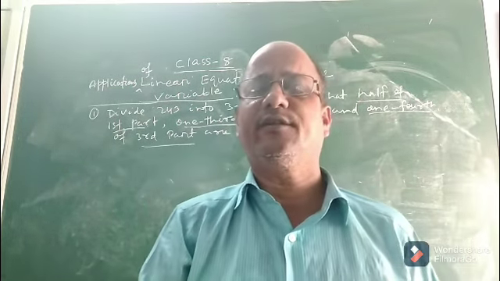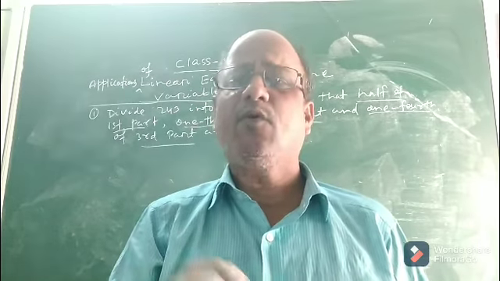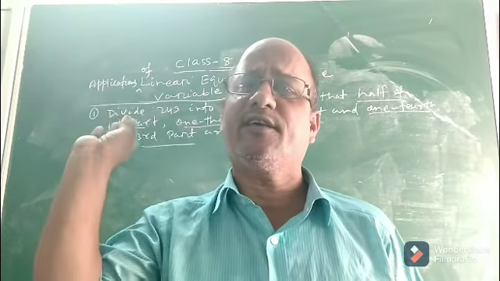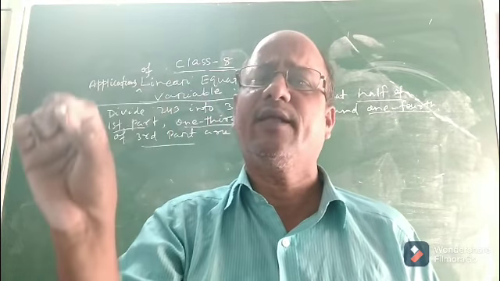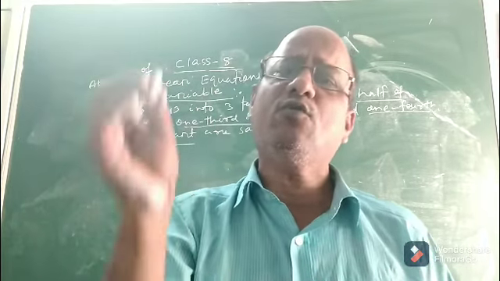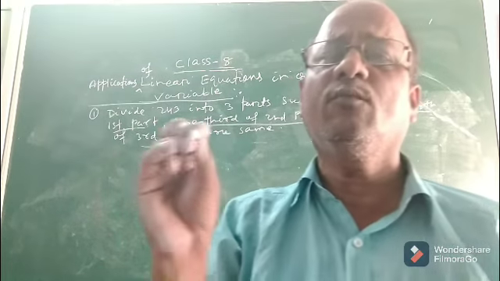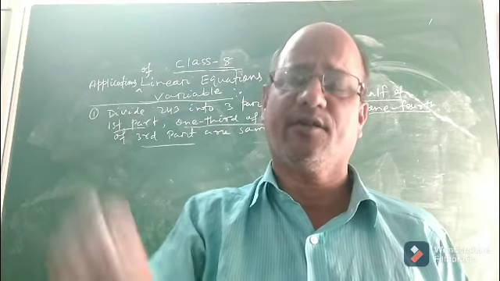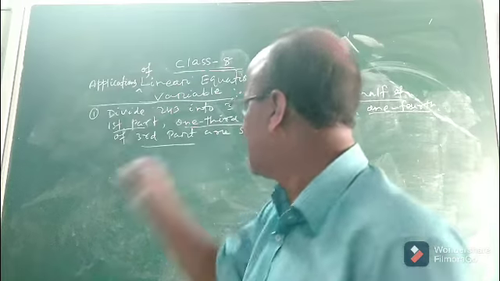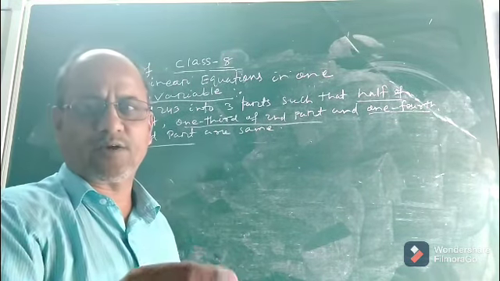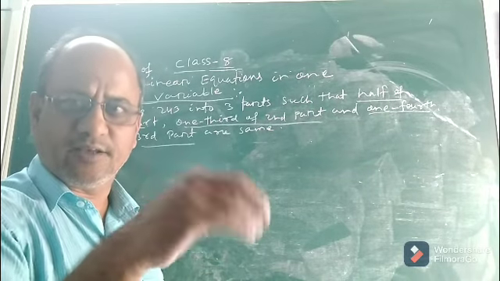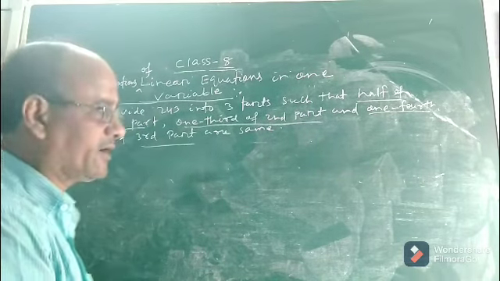How to divide 243? Okay, see. Since this particular question is based on the application of linear equation, we have to take some variable x or unknown x. Now the point is, to whom will we assume x? It can be done in several ways, children, but I am trying to explain in the easiest way. Let us see whether you are understanding or not.